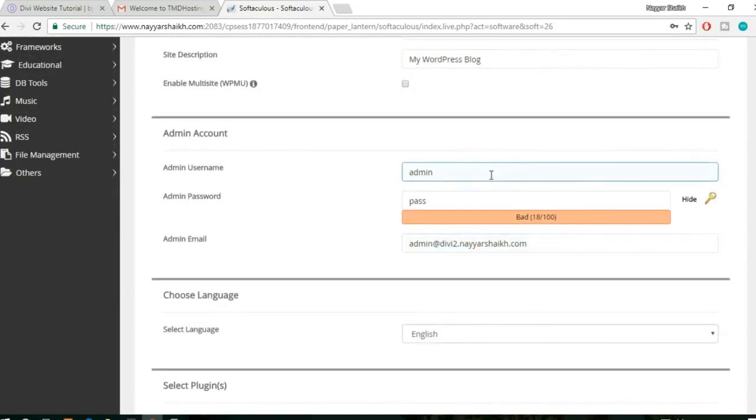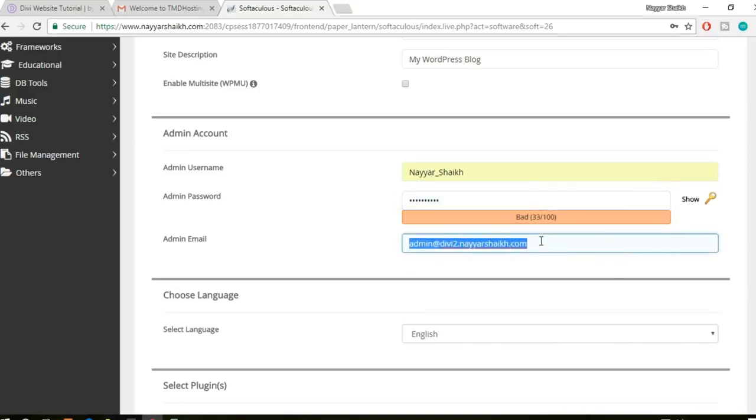Now this is very important, your username and password. By default it is admin and pass for password. You have to change that. If you don't change this, there are very high chances that your website will get hacked, and they can do anything with your website. So that is not a good thing. I would recommend you to select a custom username and password. Your password should look something like this. It has numbers, letters, symbols, this exclamation, @, all of these things. So I would recommend you to select something like that,